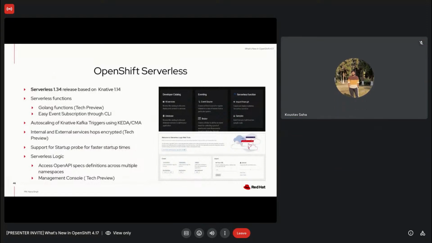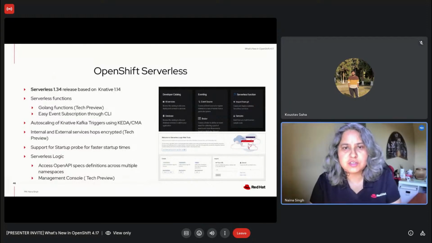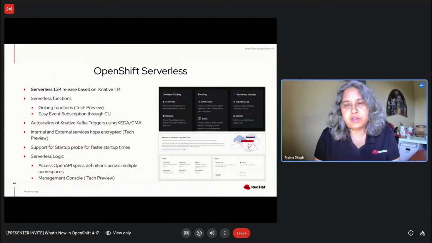OpenShift Serverless is an add-on operator that elevates OpenShift to OpenShift++ for your containerized microservices and functions. It is based on the upstream project Knative, and with the 1.34 release, we have updated it to Knative 1.14. With this release, we are introducing tech preview support for Golang functions, expanding the language options available to developers, and the CLI has been enhanced to simplify the process of subscribing to events, making it easier for you to build event-driven applications. Leveraging KEDA, the platform now supports automatic scaling of Knative Kafka triggers based on workloads, ensuring optimal resource